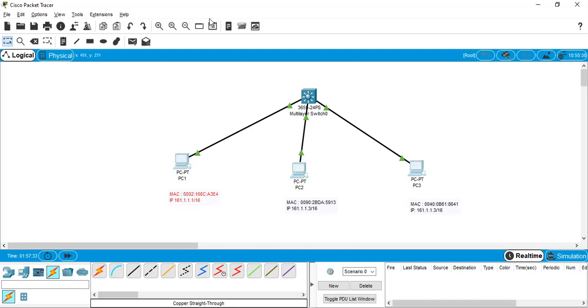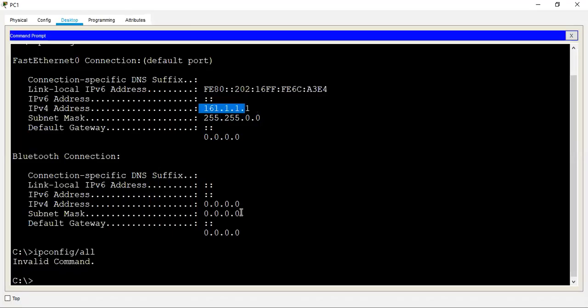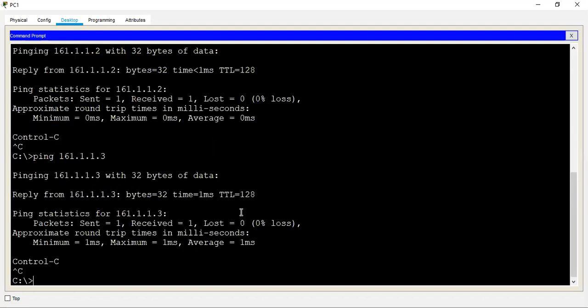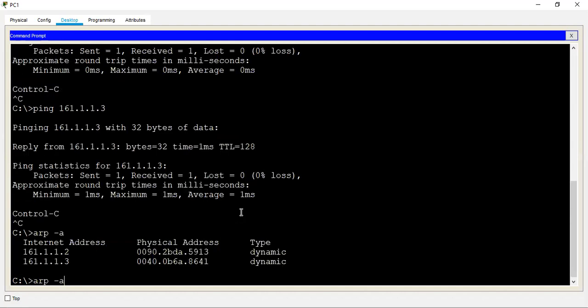So let's say the IP of the system 161.1.1.1, ping 161.1.1.2, 1.1.3. ARP minus A: you can see the corresponding MAC address automatically learned in the ARP table of the system.